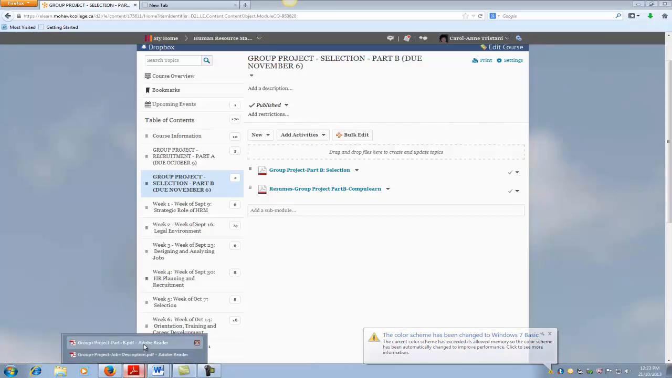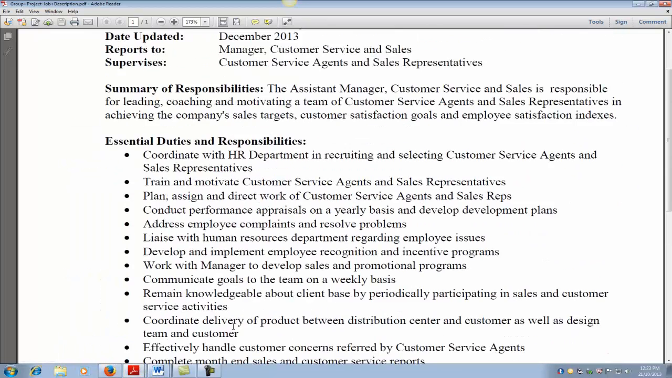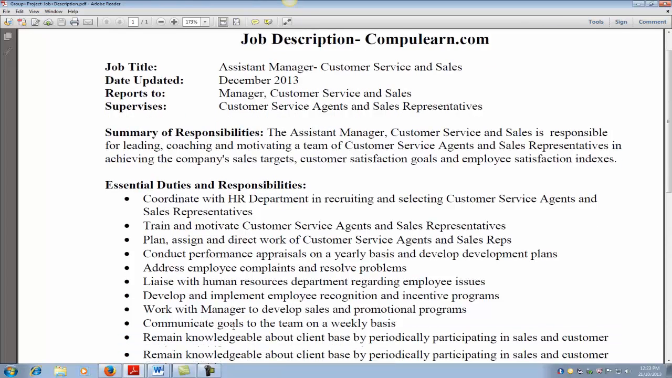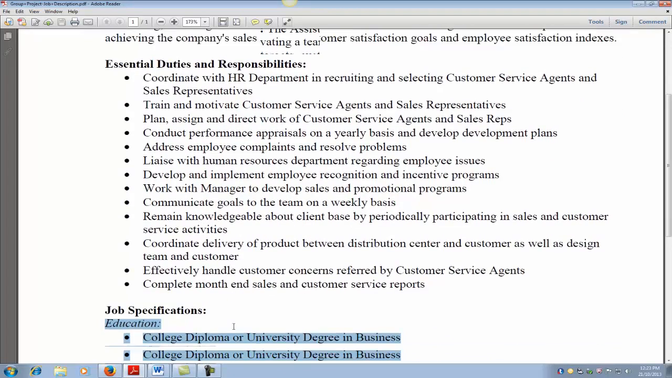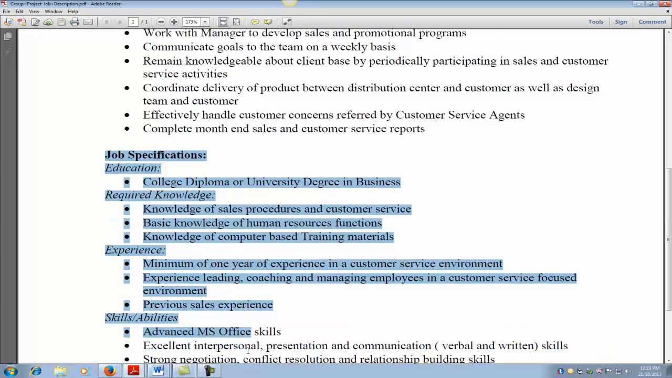All right, so what we've said here is to use the job description for the position that you developed your ad for, okay? And we want you first of all to choose 6 selection criteria. I've got the job description here, so you may want to make sure you have that in front of you, with all the duties and responsibilities. And this area here, the job specifications, is what you're going to use to help you develop your